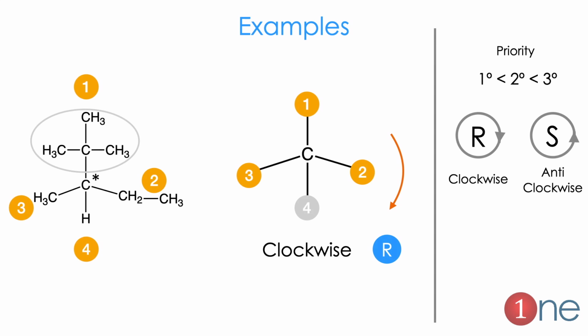Then we go to the primary, secondary and tertiary example. Here the chiral carbon is in the center, which is attached to a tertiary carbon, a secondary carbon and a methyl group. The thing is that tertiary gets higher priority, so we assign it as 1 and secondary we assign as 2 and the methyl group as 3 and hydrogen obviously 4. So you write it separately, and you understand that first, second, third in the clockwise direction, which is R. So the priority goes to tertiary, then secondary, then primary.